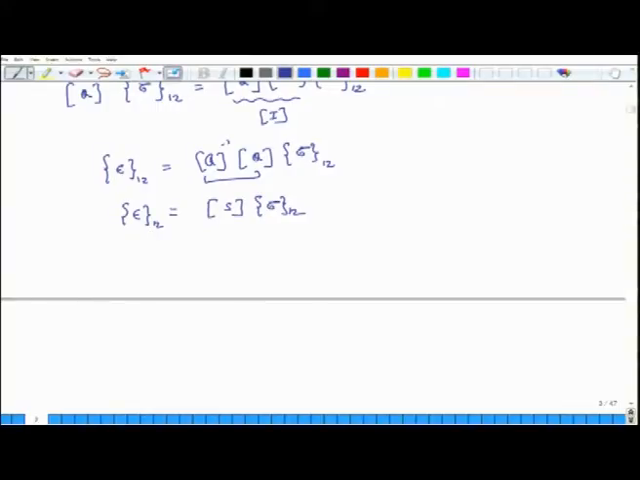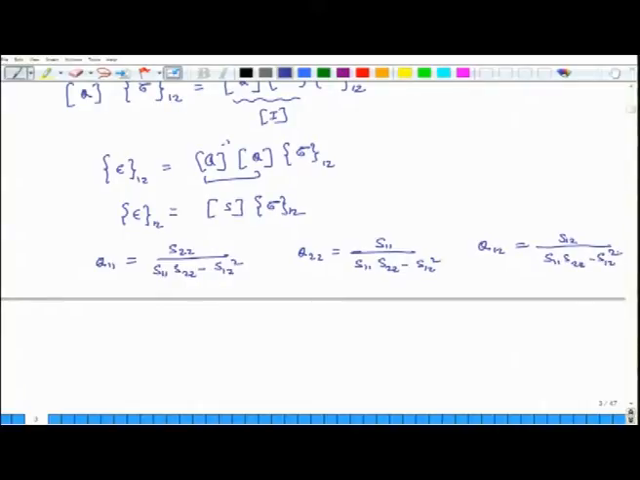So, what we will do is we will spell out the relations between the S matrix and the Q matrix. So, basically it is just Q inverse times Q, and if I do all that mathematics, what we find is that Q11 is equal to S22 divided by S11 S22 minus S12 square, and then Q22 equals S11 divided by S11 S22 minus S12 square,